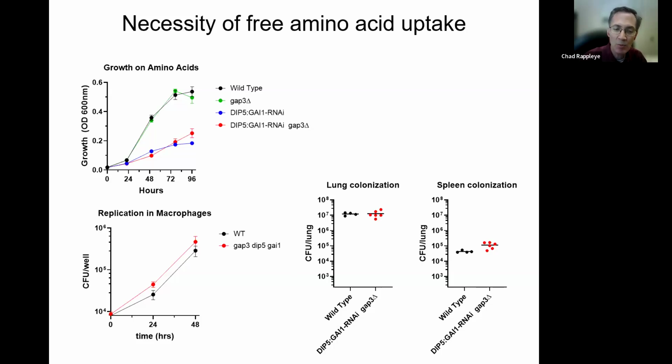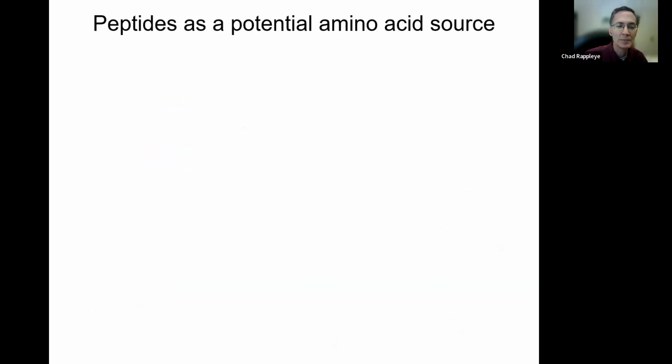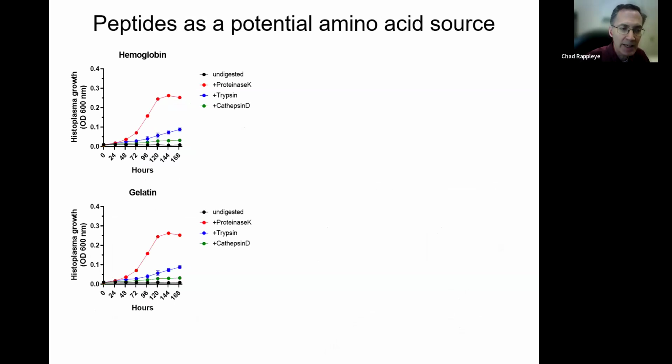And as we thought a little bit more about this, Histoplasma is occupying the phagosome, which is a degradative organelle. There are additional sources of amino acids other than free amino acids, and it got us thinking a little bit more about peptides as the potential source of amino acids. So to get an idea of this, we turned to an in vitro system where we digested some proteins, in this case hemoglobin and gelatin,